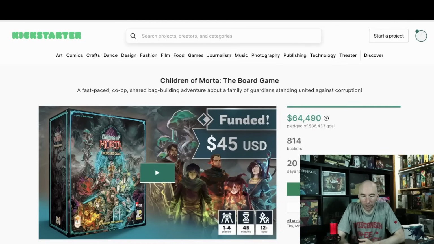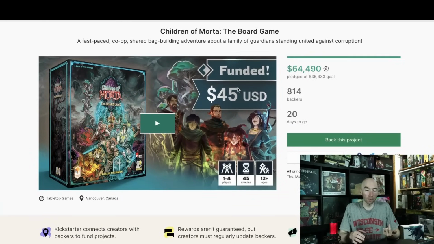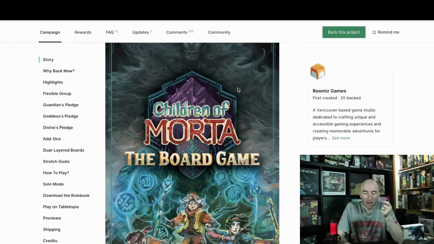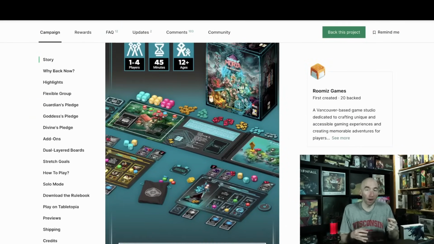Brutally fun gardening game. Children of Morta, again, talked about this one earlier in the week, $64,000, again doing almost 200% of their goal, and it's a lot like Cores of Discovery, where the sense is that it's not going to be super over-deluxified, and it's going to be more streamlined in how the gameplay plays. And this is a 1 to 4 player rogue-like game that you are going to be going through, sort of Slay the Spire-esque,